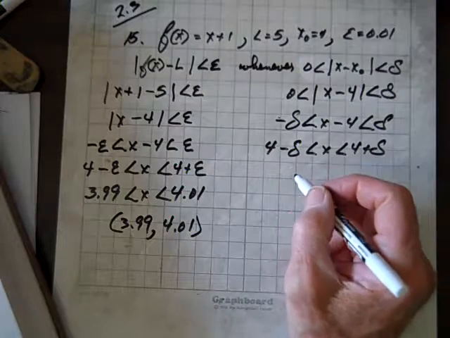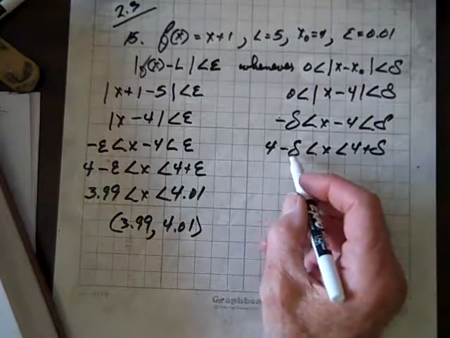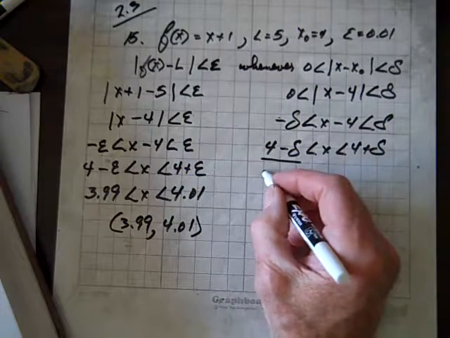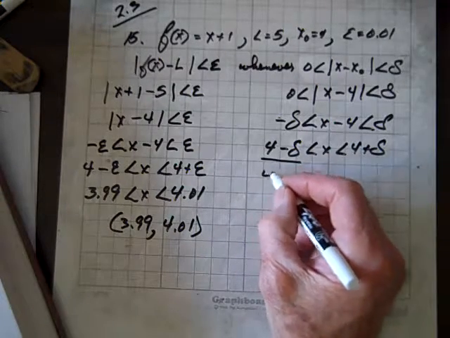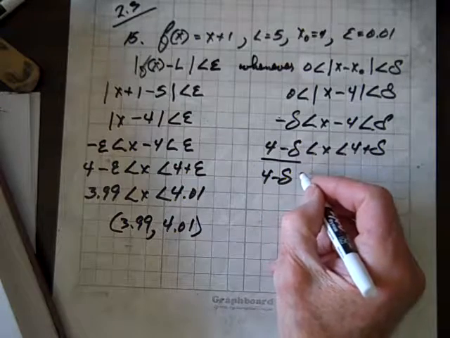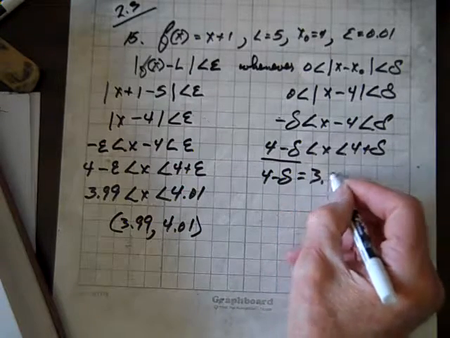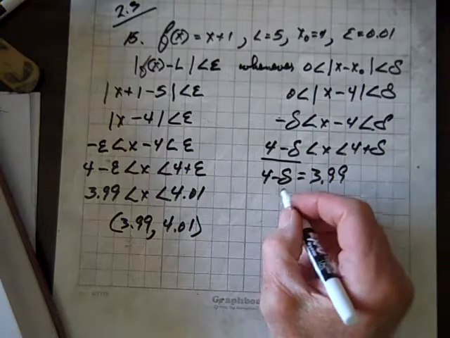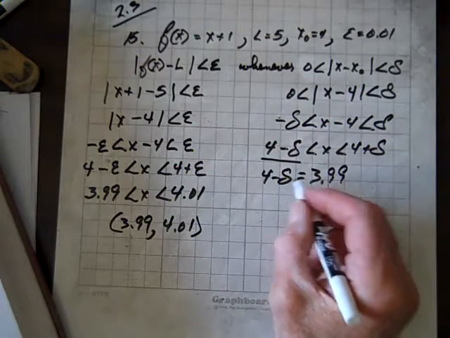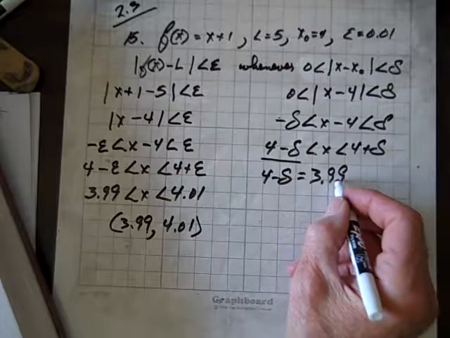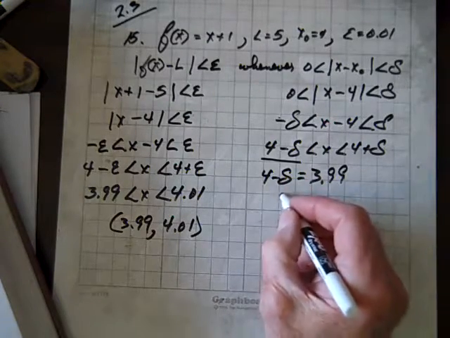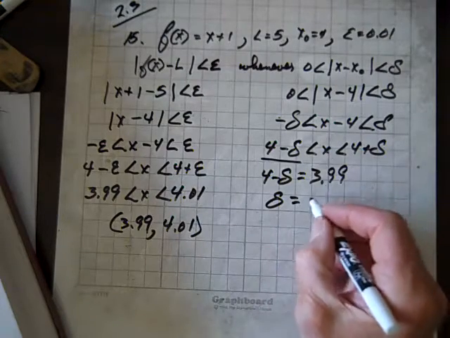And now, equating 4 minus delta with 3.99 from right here, we get, when we add delta to both sides and subtract 3.99 from both sides, we get delta equals